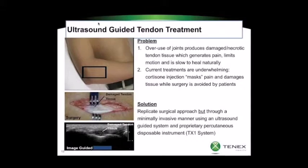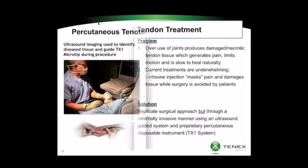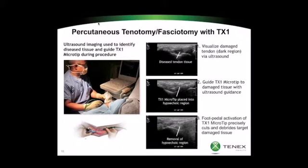The solution is very simple. We can replicate the surgical approach of removing this damaged tissue, but we can do this in a very minimally invasive manner using an ultrasound-guided system and the TX1 ultrasonic needle. So percutaneous tenotomy or fasciotomy with a TX1 device